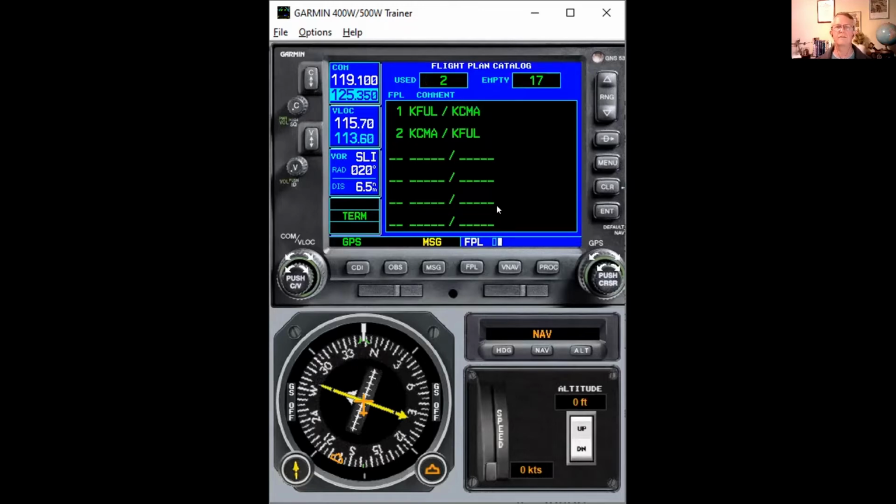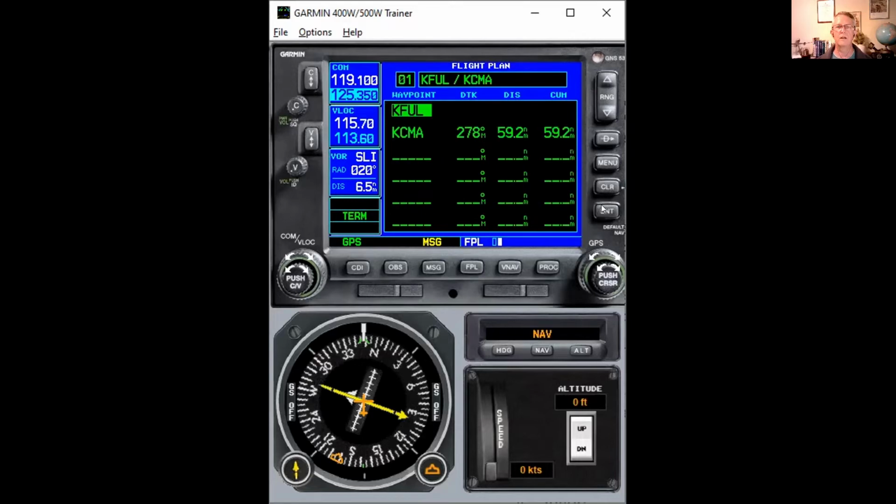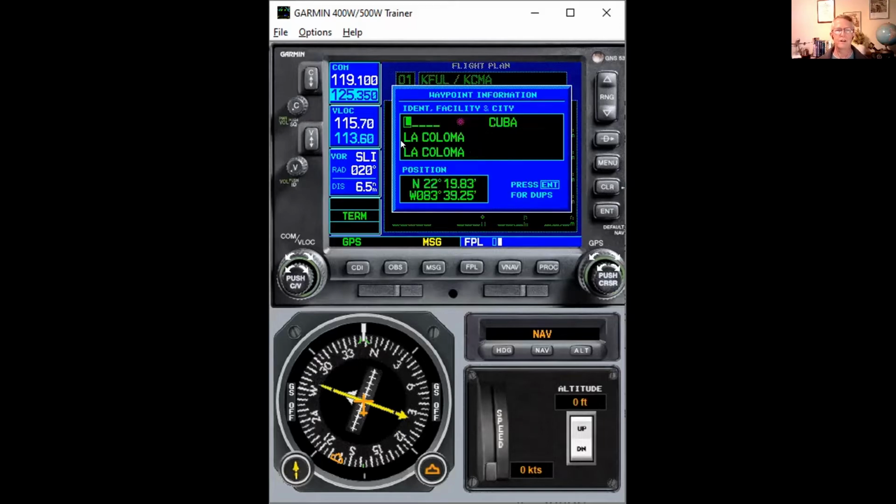Now you can modify these stored flight plans. If we just give ourselves a cursor, we highlight the flight plan we want to change, and then we press enter, we'll go into that flight plan, and now we can insert new waypoints. So let's say we want to insert the Los Angeles VOR in between here. So we just highlight the place that we want the new waypoint to go. So we want it to go after Fullerton, and you'll see here in just a moment, as soon as we start typing in the waypoint, Camarillo will move down to the 3rd slot, and we can type in our new waypoint that's in between. So we'll just start twisting here, the Los Angeles VOR,